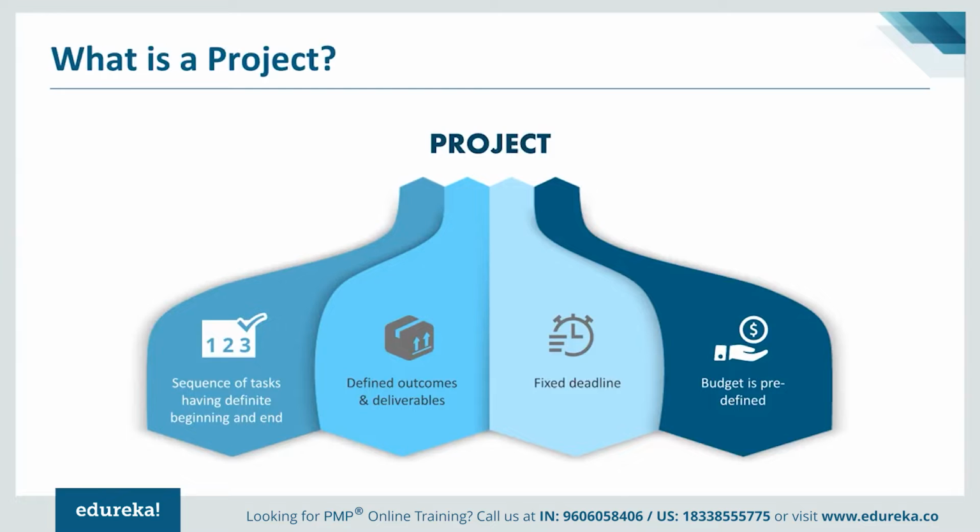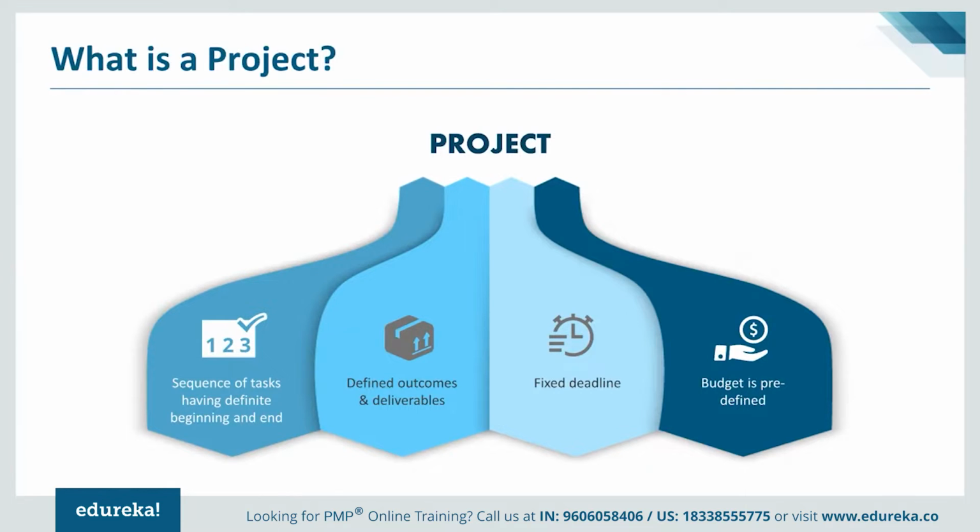So you may decide that you want to launch that recruitment product by the end of December 2018. Some deadline is already agreed upon when you start working on any project. And there is a predefined budget as well, which is given to you. There may be sponsors of that project who will give you a predefined budget, and then you start working on that project in order to produce that IT product,